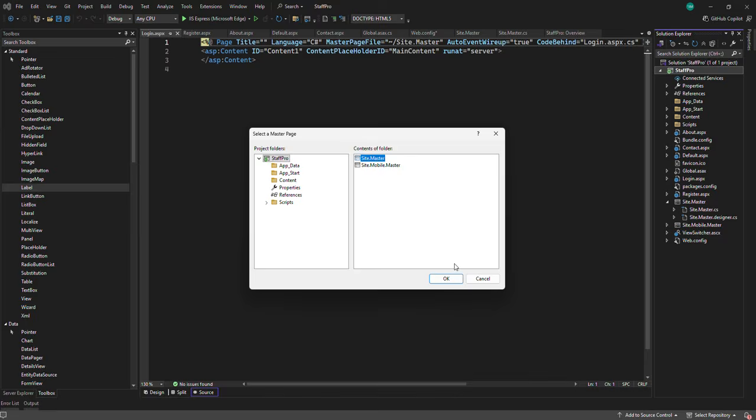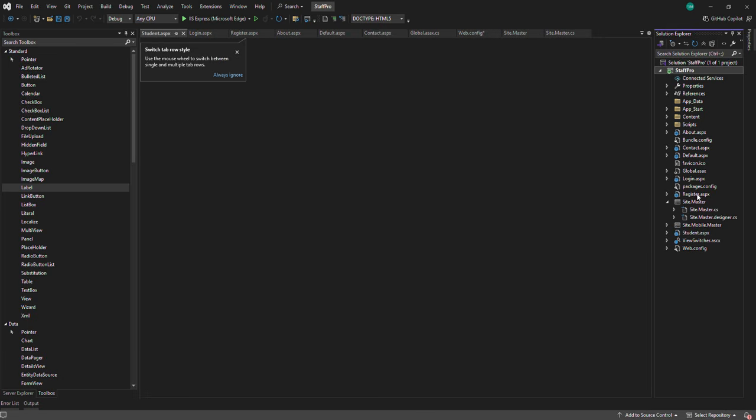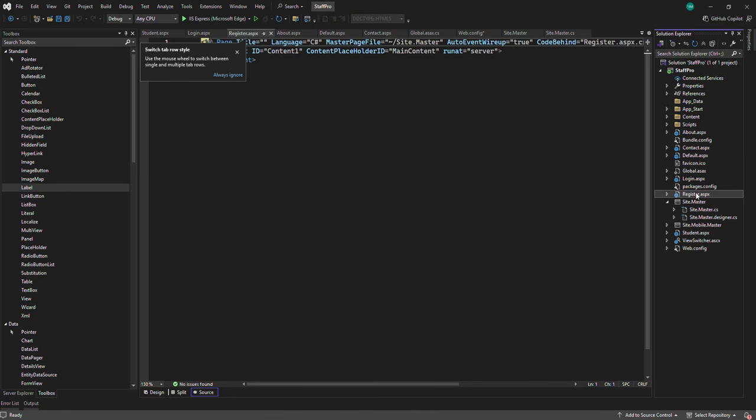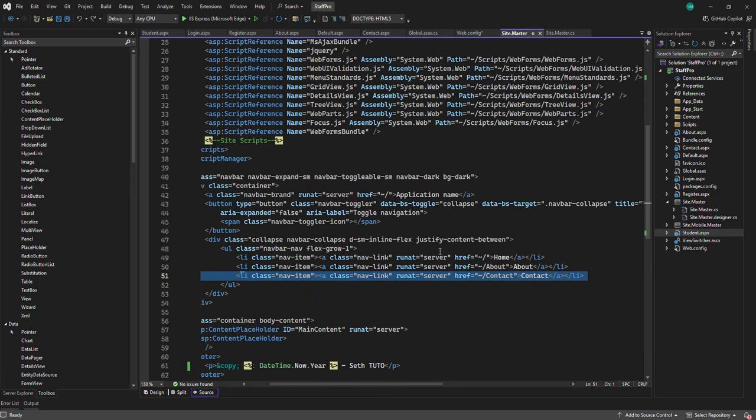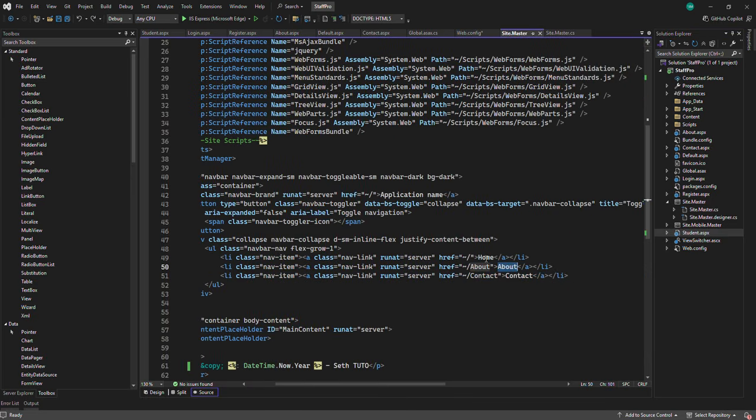Then we have the three forms, which is the register, which is here. We have this login, we have this student, where is the student page, this one. Then let me go in the master page, then try to call them. Let's say for example, rather than having this about, let me try to have a register, then it's root slash register,